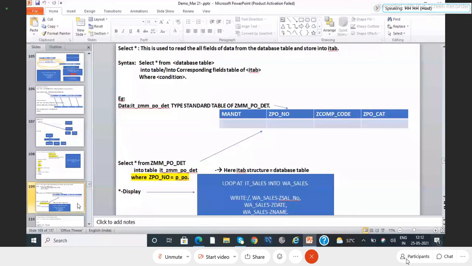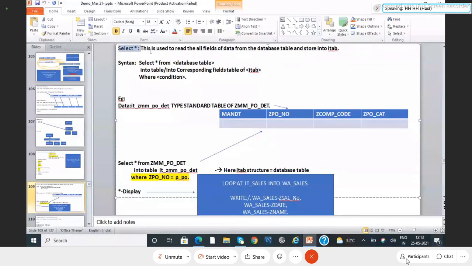First, the select star query, one query we will start. The select star query is used when, suppose I have one database table and it has around 150 to 160 fields, but my user requirement is to select 50 to 60 fields randomly. Then it is very difficult to select field by field. So what I will do is simply use select star, and I get all the fields from the database table. When displaying the data, whatever fields I want, I will display.